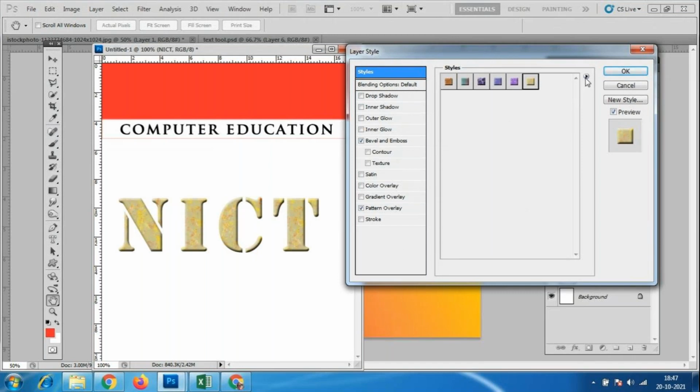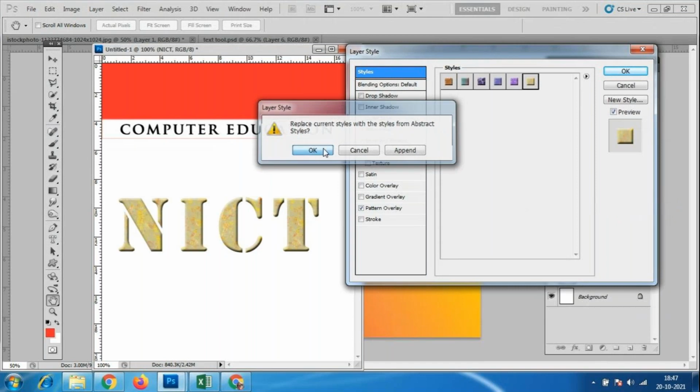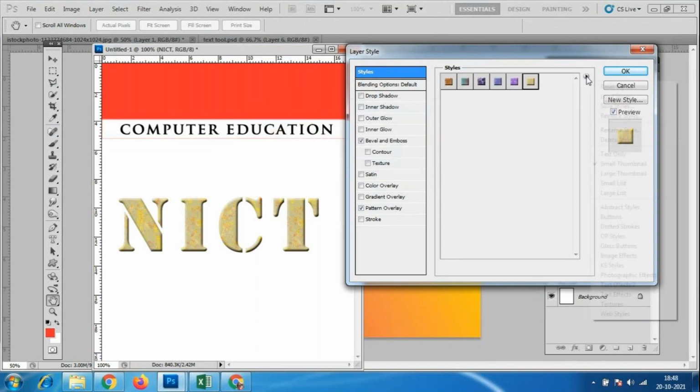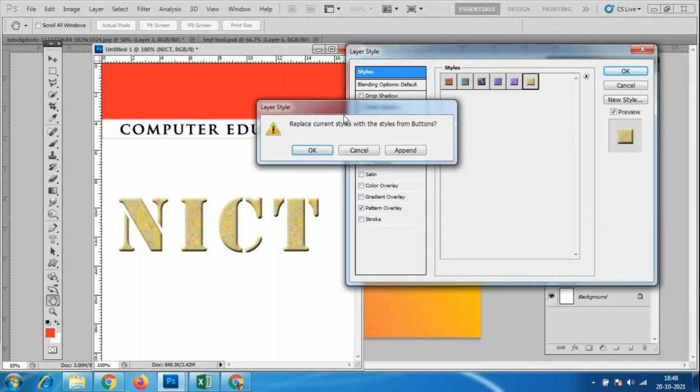So they are telling that this kind of text we can create using these options. Okay, you click on this preset option and we have multiple options: abstract style, buttons, dotted strokes, DP style, glass button, photographic effect, text effects, web styles. All these options are there.